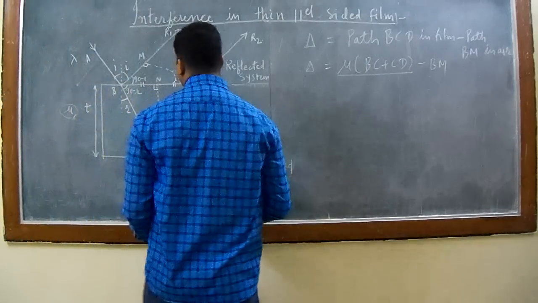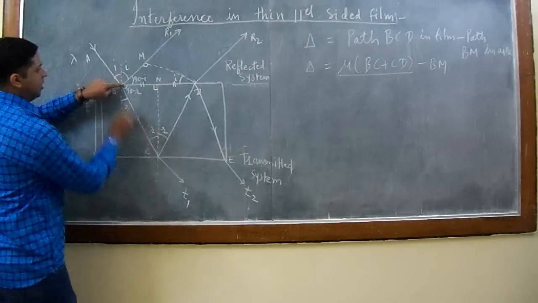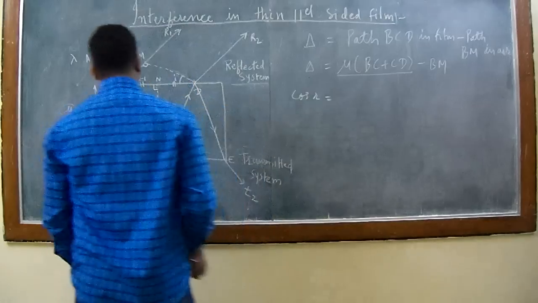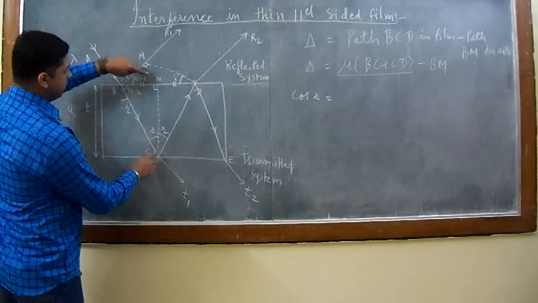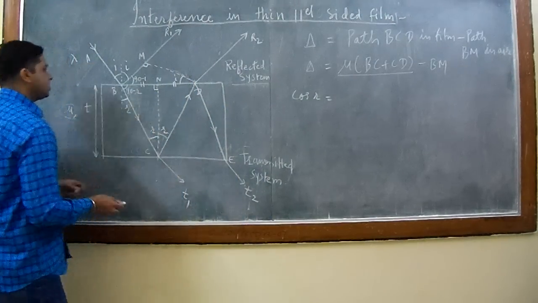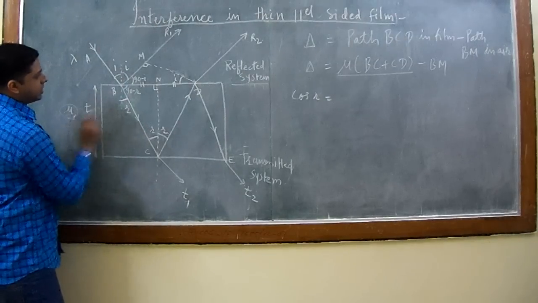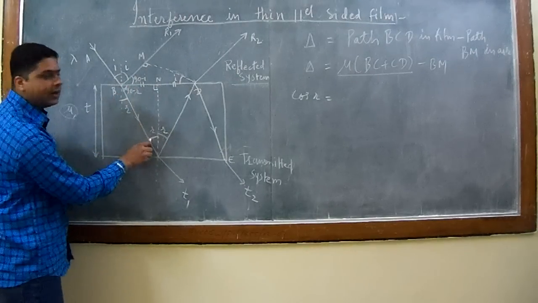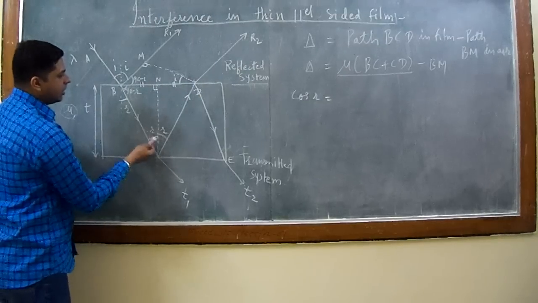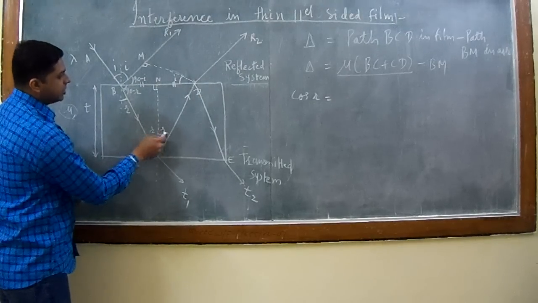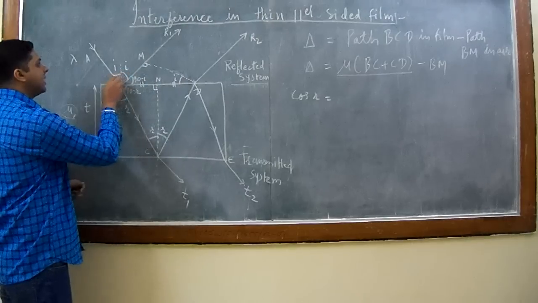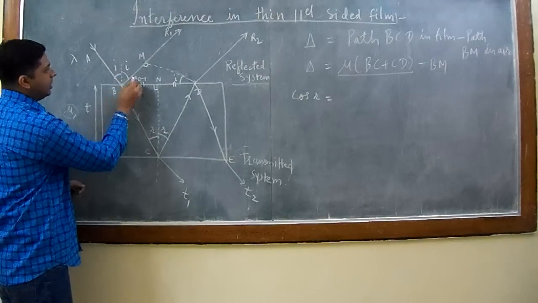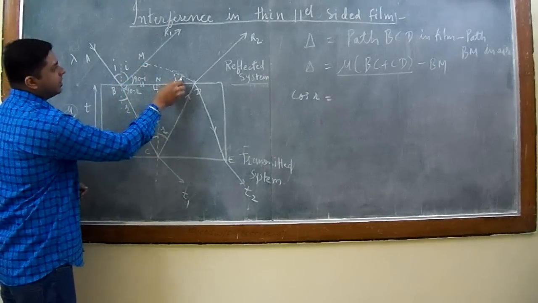So in order to calculate BC, let us look at this triangle, that is BNC, and in this triangle the value of cos r is nothing but... Okay, first look at the geometry of the figure. Here this is the angle of refraction r. This total angle is 90, so this angle will be 90 minus r. This being 90, this angle becomes r. With this as a normal, as this is the angle of incidence, this is the angle of reflection, so it is also equal to r. This is the angle of incidence, this is the angle of reflection, so this angle is also equal to i. This total angle is 90, so this angle will be 90 minus i. This being 90, this angle becomes i.